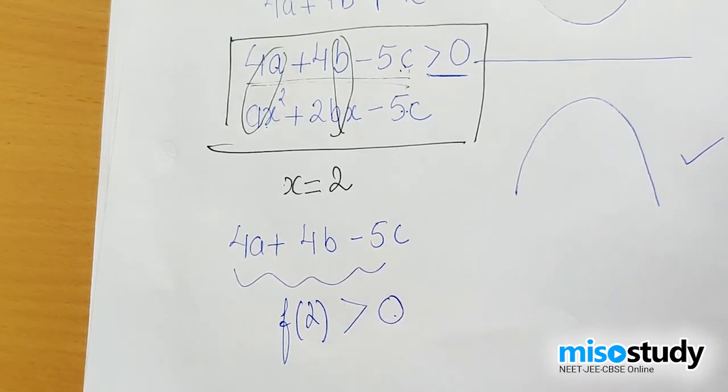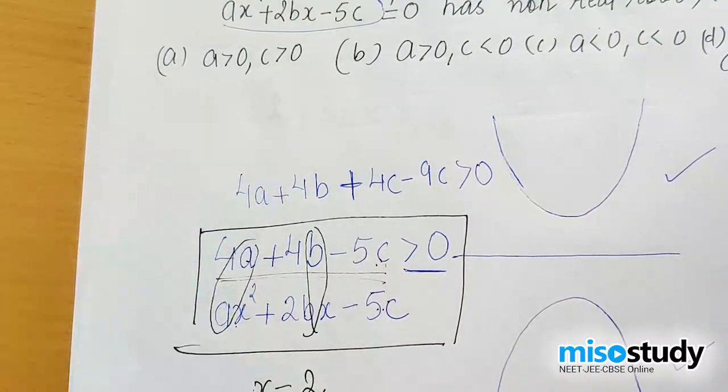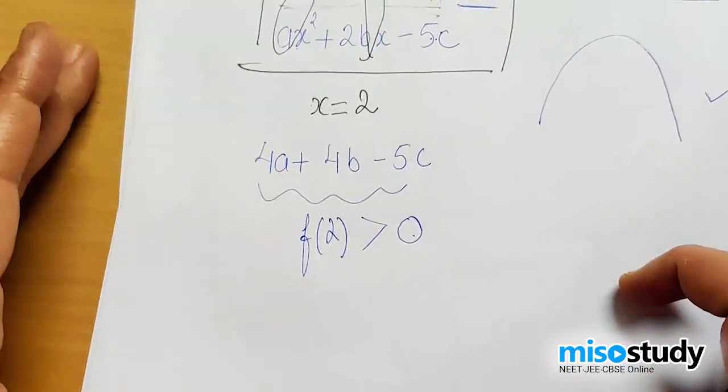Whenever a question has inequalities given, in which you are supposed to find out the sign of a, b and c, you must always use the graphical approach, first thing. Second thing you need to take care of is that you must always try to relate the given condition and find out, is it f of 1, f of 2? Can you make out some value of the function from this? This is the way to deal with such questions. In this question, for example, this condition, which was a bit manipulated, came out to be nothing but f of 2. So from this condition I realized that f of 2 is positive.